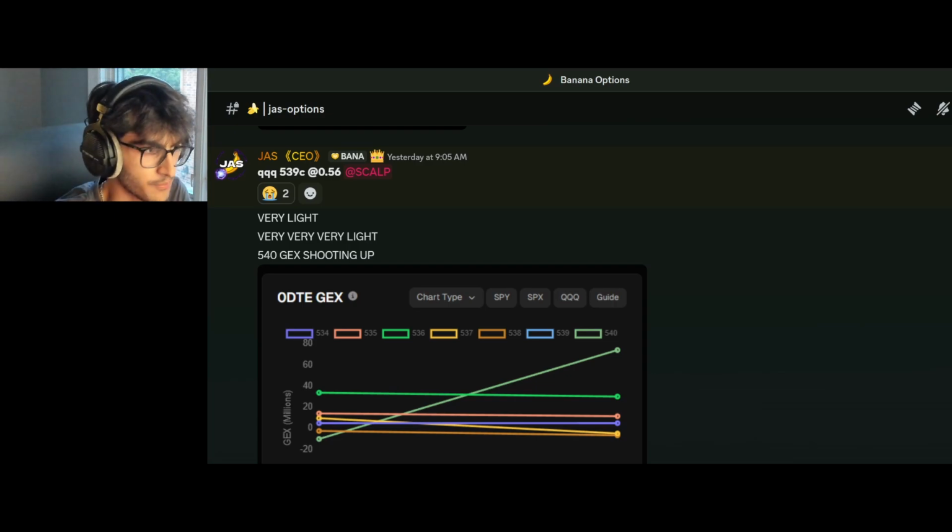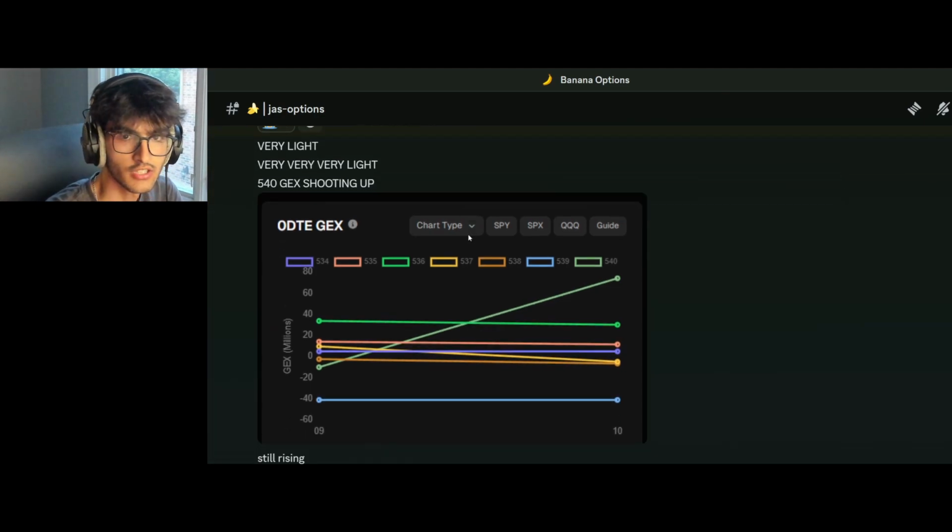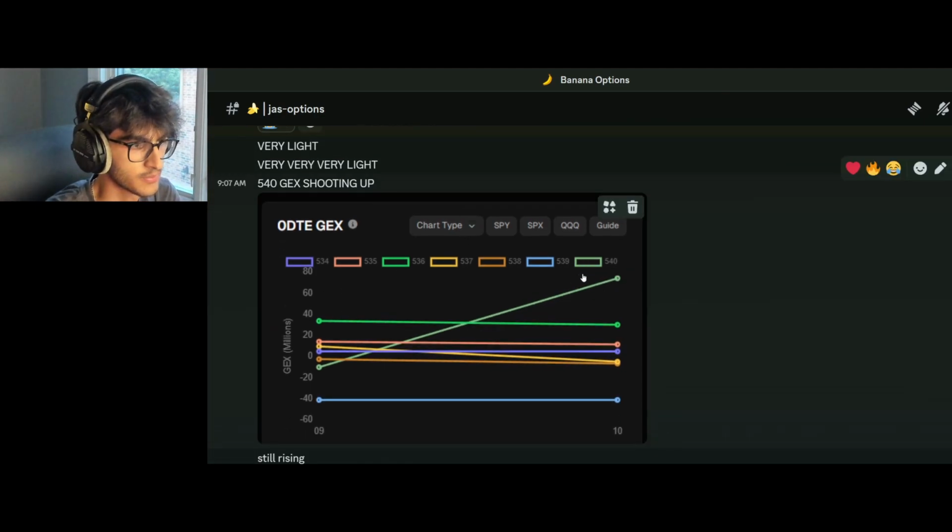Here's another example of a trade and how to use gamma exposure. This specific case is for 0 DTE trading. So I had signaled QQQ 593 calls at 56 cents. Very light because, first of all, 0-day trading is inherently more risky than any other kind of position you should take. So I had signaled this because I had seen the exposure for the 540 shoot up to